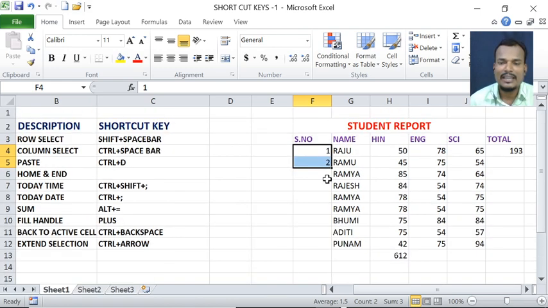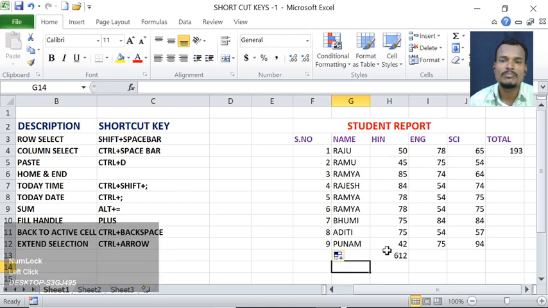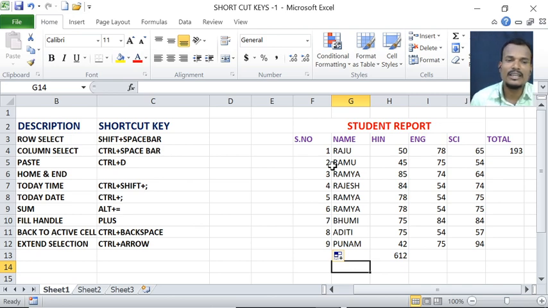So type 1, 2, and when the cursor is at the corner and turns into a plus sign, double click the left mouse button, and automatically the numbers will come up to where your text is.